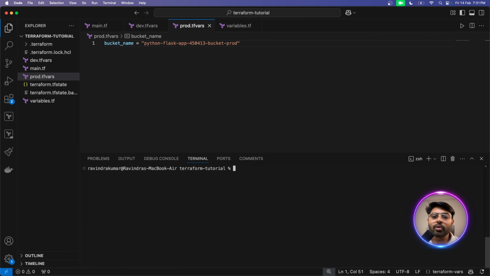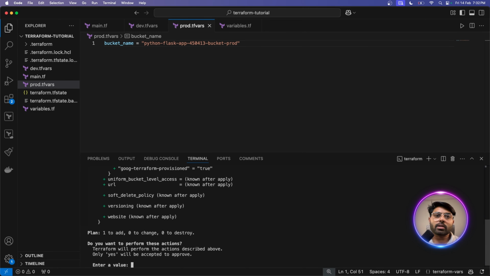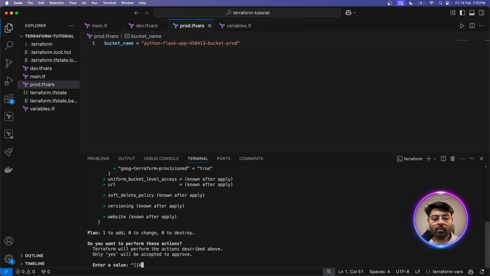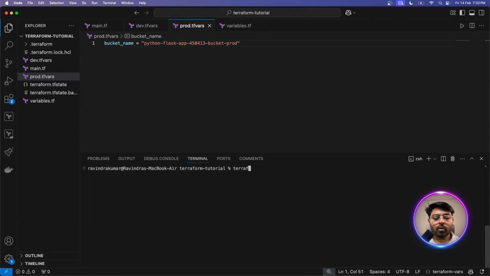Here I'm not using two different GCP projects. During Terraform apply, I need to call this file with -var-file, and the name of this file I'm calling is dev.tfvars. When I run it, you can see the bucket name is now coming as bucket-dev. If I just cancel it, I'm going to call